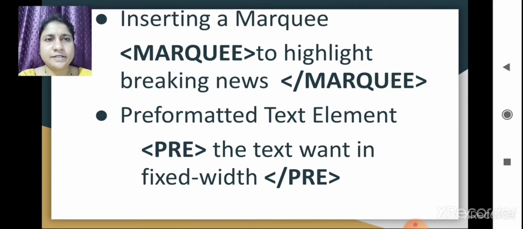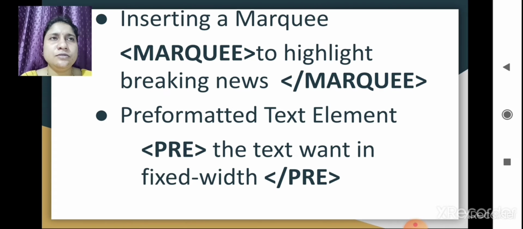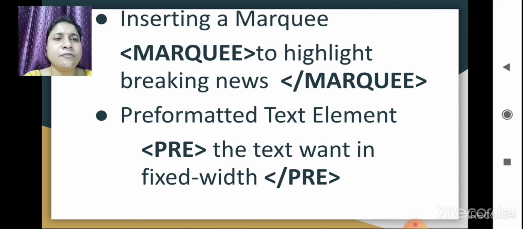Now the next is inserting a marquee. The marquee tag is used to highlight breaking news. When you want to highlight your news, it will scroll on your web page. For scrolling any news or any institute name on your web page, this marquee is used. Then the preformatted text element: the pre tag is nothing but preformatted text.